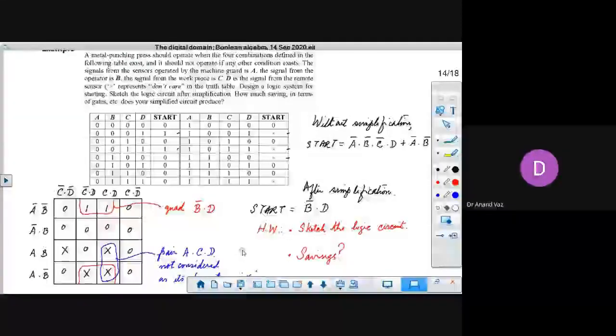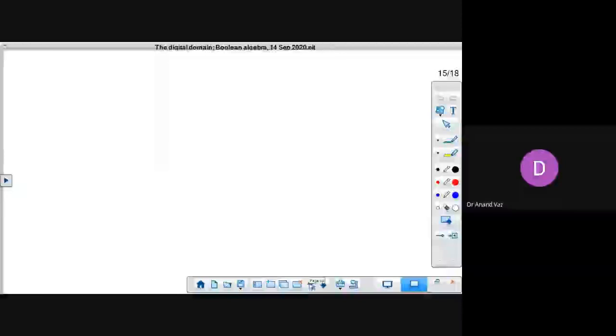There's a very beautiful example given in the book by Alciator and Histand, and I would like to request all of you to go through it thoroughly. But in the meanwhile, we can just discuss this method so that you understand it nicely.